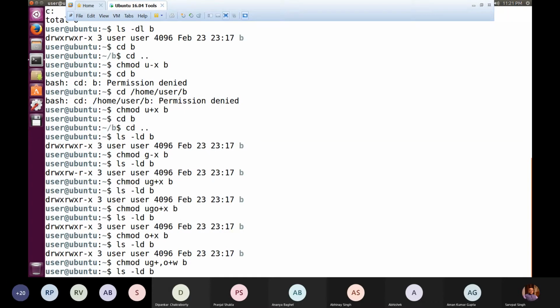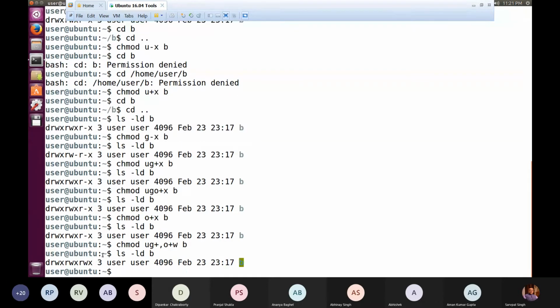So now look at the impact of this execution. Since X was already there, I forgot to write X permission. But anyways, you know that when we are writing UG plus X, that means we are adding X permission. So let me do another operation. Instead of adding X permission, we are removing X permission from both user and group and adding W permission. Or since W we have already added, here too I am showing that we can revoke W permission from B.